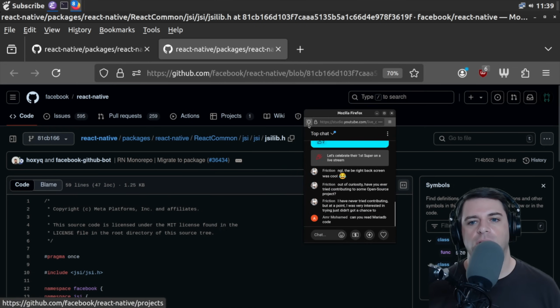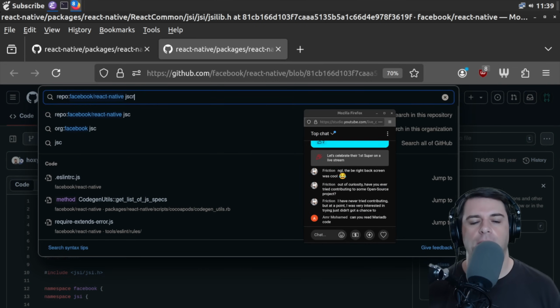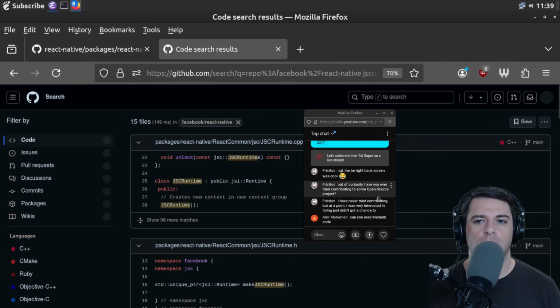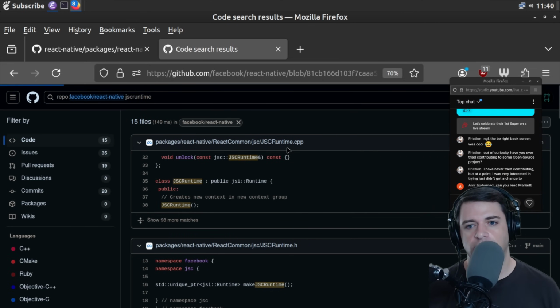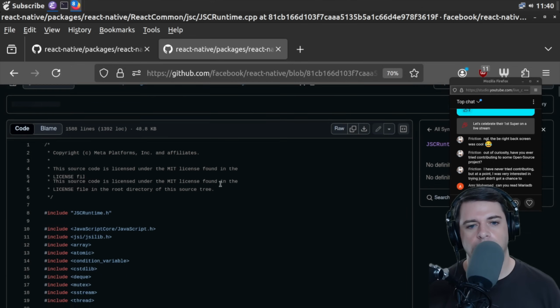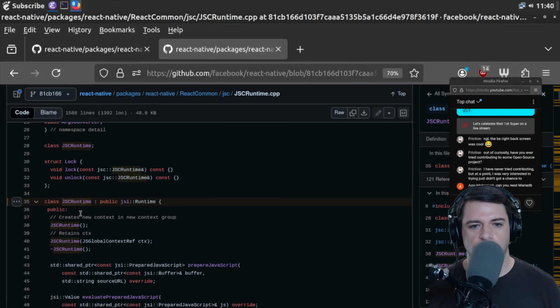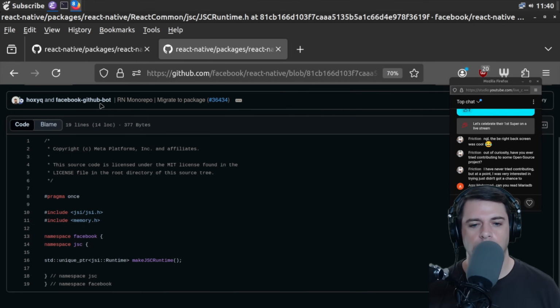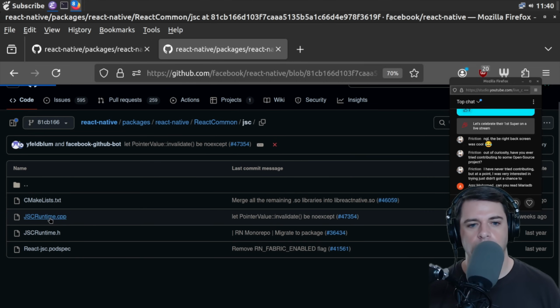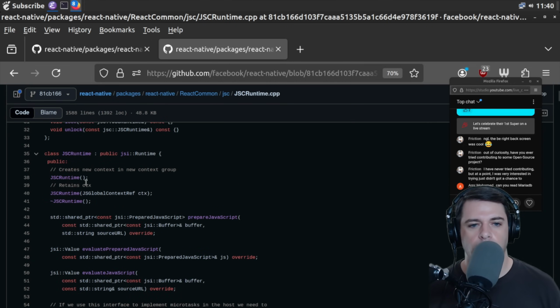So where were we? We were in common. So JSC runtime, I guess now we're getting into this will be like an implementation of the common stuff. JSI is maybe just the interface. JSC runtime, let's look at the header first. And there's not much there. You can make one. We're going to extend the JSI runtime, so we're going to extend the interface. And we have prepared JavaScript,